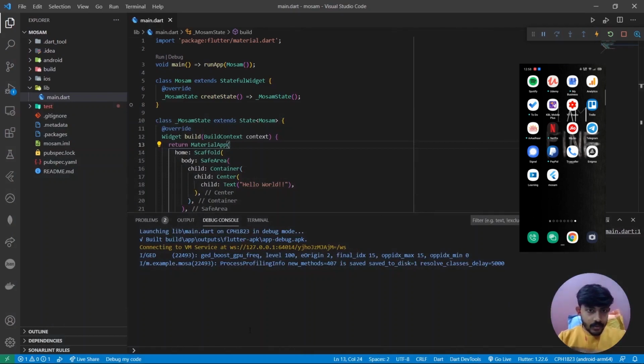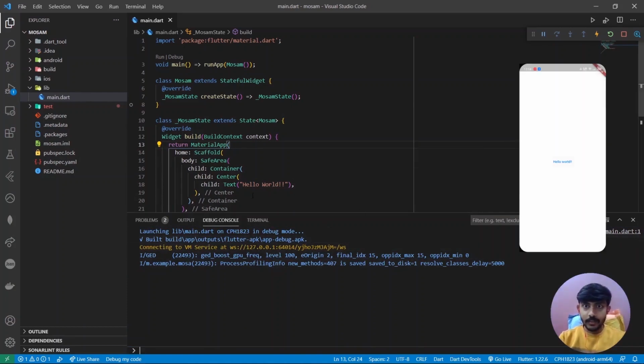So yeah, as you can see, now the app is running, and you can see the output also. It's showing the hello world. So now